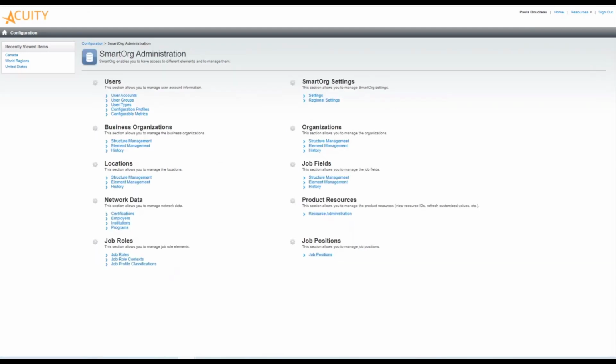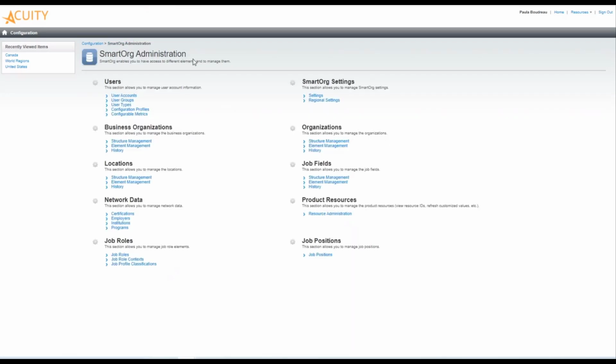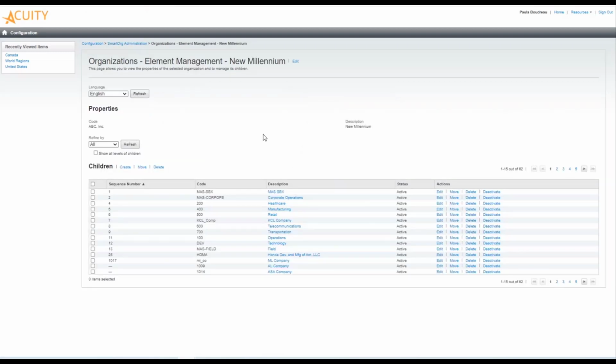So the elements management allows you to view the properties of each of your O, L, or F. And that's how you manage the structure that you've created. So if I look at my structure for my organization, I have my 4 levels. So that's my structure. I'm now going to go to my element,